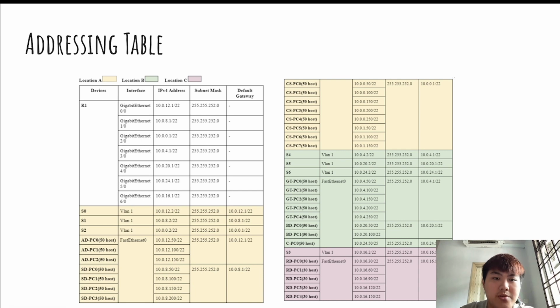For the addressing table, you can see here we separate by 3 colors for the locations. Yellow is for location A, green is for location B, and pink is for location C. And let's see the example. For the example, we can see S1, switch 1, and you can see the IP address